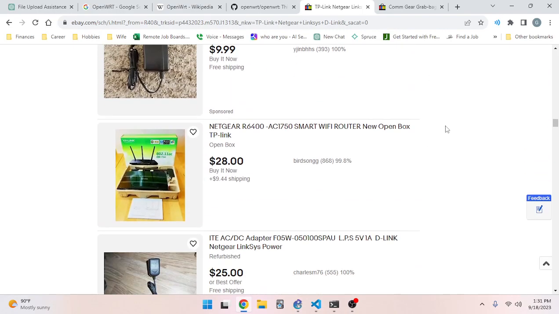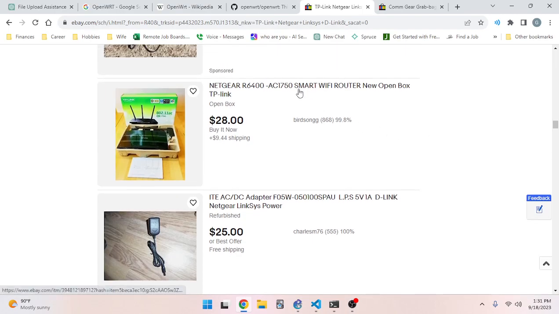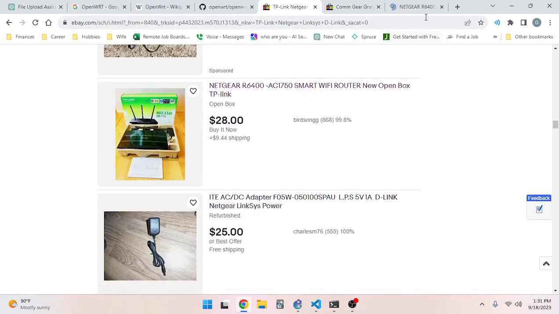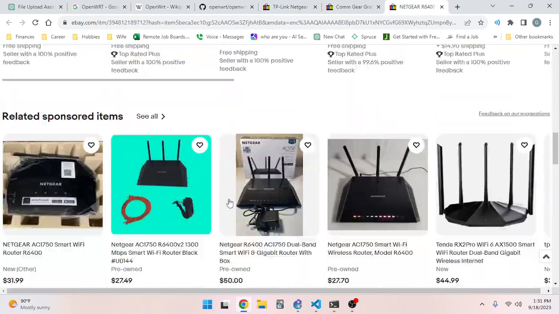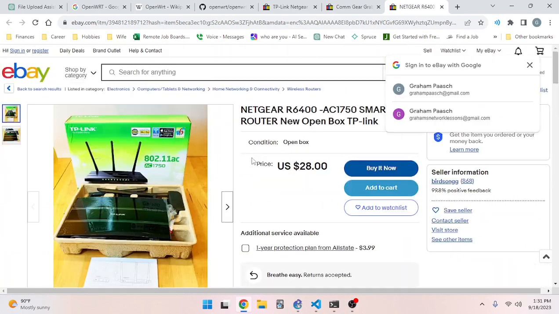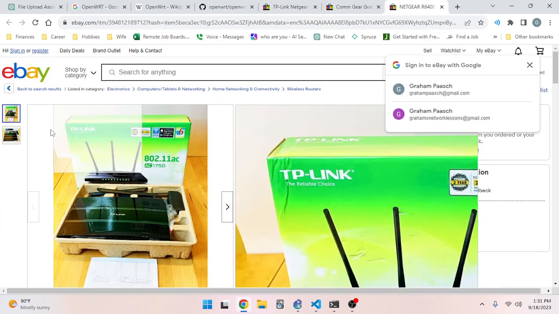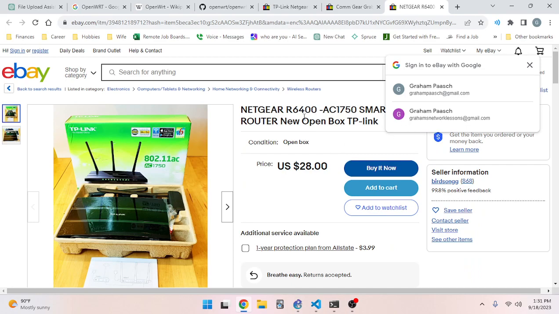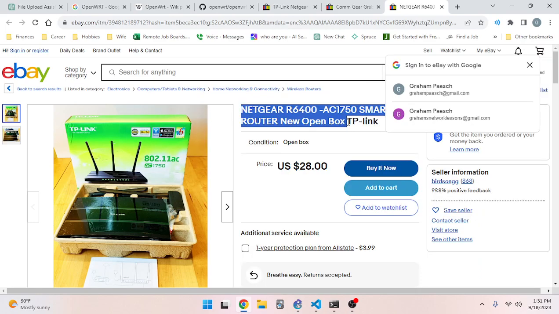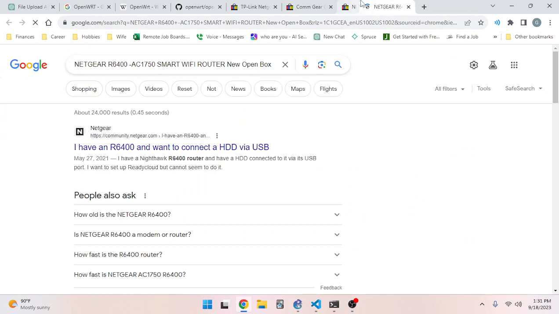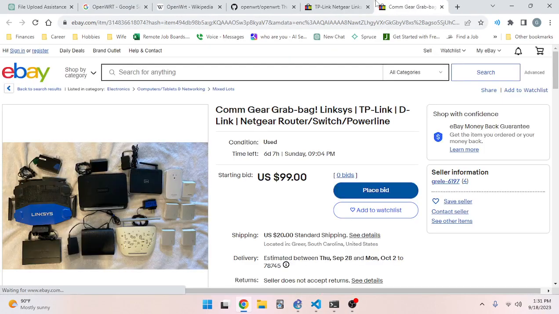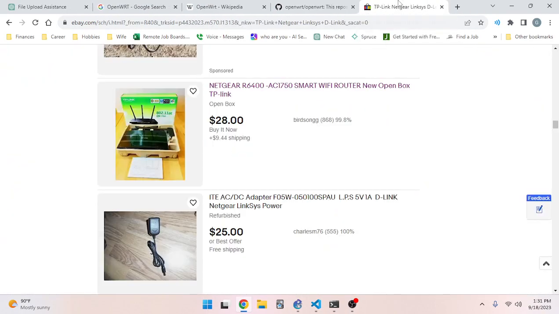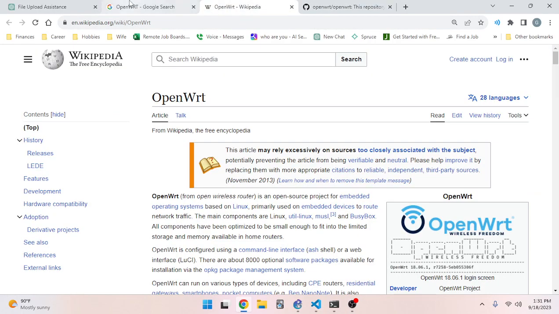But the thing is, old gear is always going to be pretty bad. Like, what was the CPU on this? Yeah, so I mean, it's hard to get the CPU and RAM specifications, but maybe that's something you